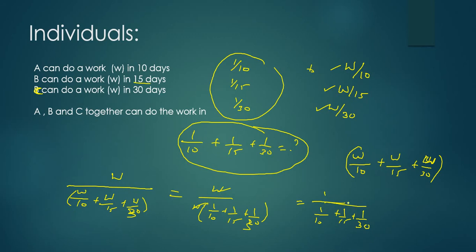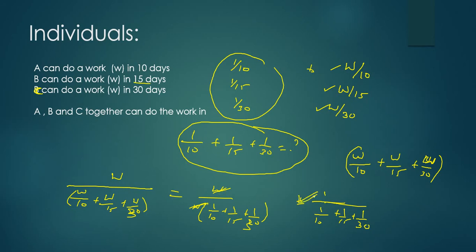Generally you learn the process, but what we suggest is don't ever follow this method. Okay, what we have to do in the initial stage itself. Anyhow your W is getting cancelled. You can give any value to W. It can be 1, 2, 3, any value. It is of no use because it is getting cancelled. Finally you are left with this only.